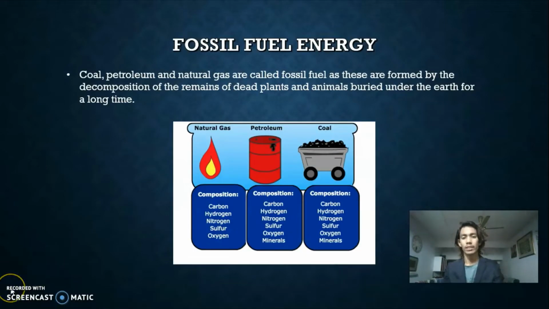Fossil fuel energy. A fossil fuel is a hydrocarbon-containing material formed underground from the remains of dead plants and animals that humans extract and burn to release energy for use. The main fossil fuels are coal, petroleum, and natural gas, which humans extract through mining and drilling. Fossil fuel may be burned to provide heat, for use directly to power engines or to generate electricity.